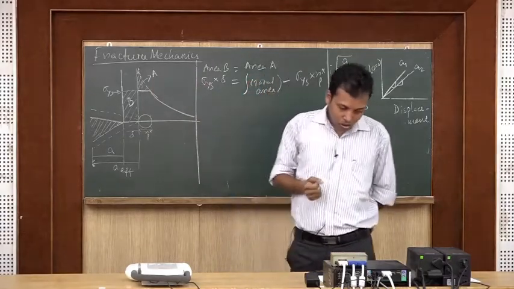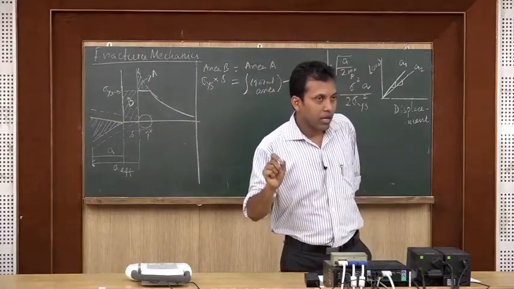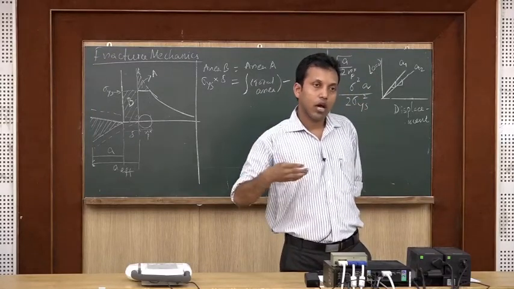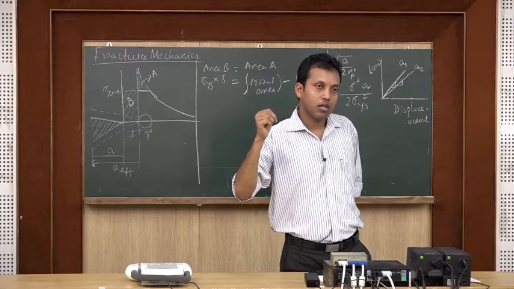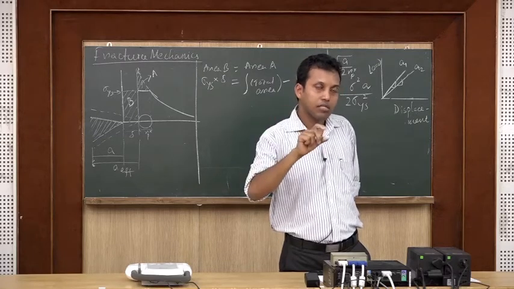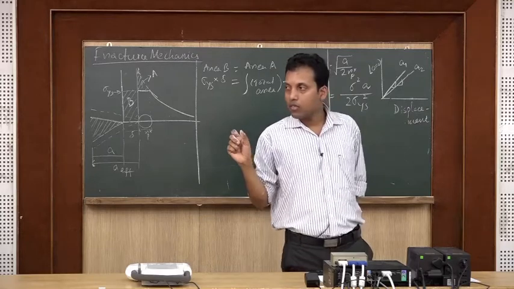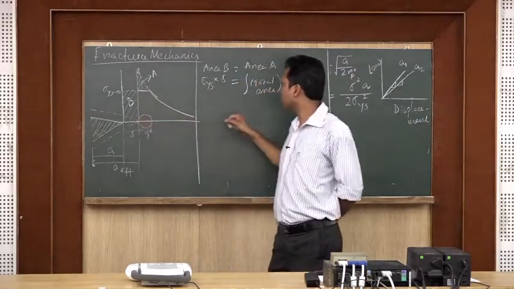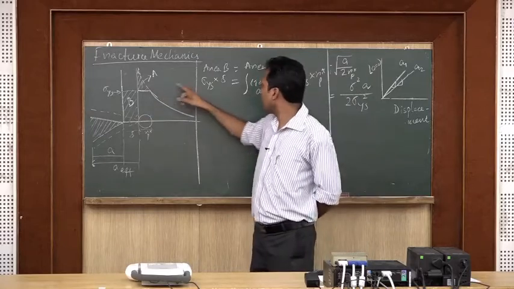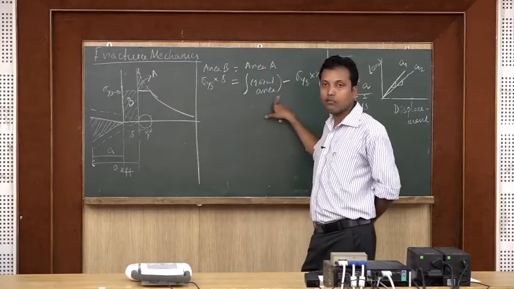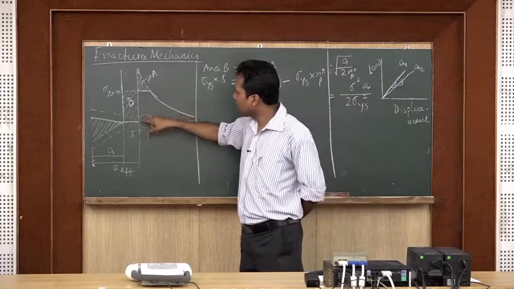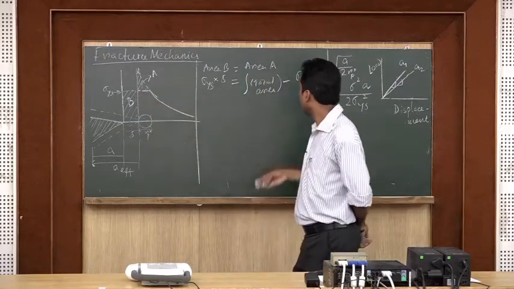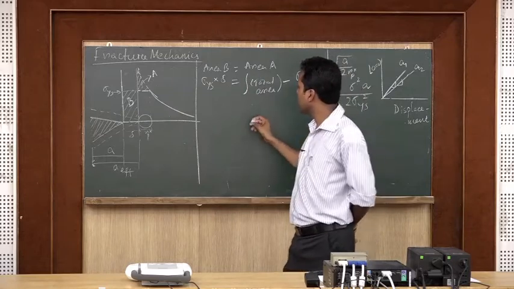Okay. So, the area under A, that means what, which is now away or out of the elastic stress distribution, that area must be compensated by the virtual crack length that we have considered here, which is area B. So, these two if we have to equate, then for area A I have to have total area under that curved portion this much minus that area compensated by this region. Okay. So, I will have what is the total area then?